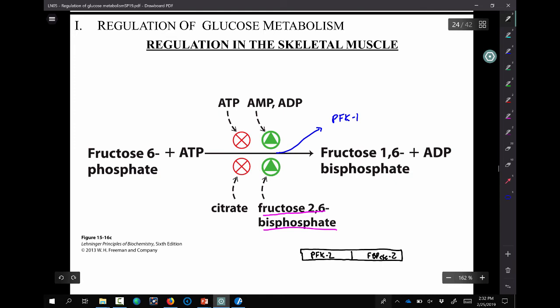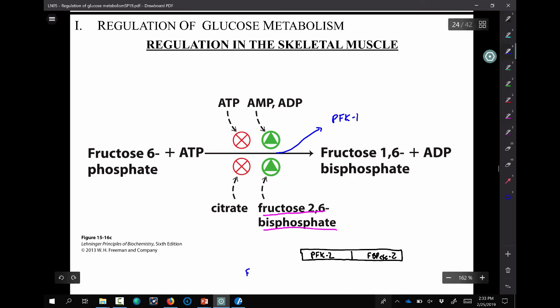However, unlike the liver and unlike cardiac muscle, this one cannot be phosphorylated. Okay? So there's no phosphorylation of this enzyme in skeletal muscle. In fact, the isoform of this is the exact same isoform that you find in the liver, but missing the N-terminal domain, which is where the phosphorylation site is for the liver isoform. Okay. Now, this again,